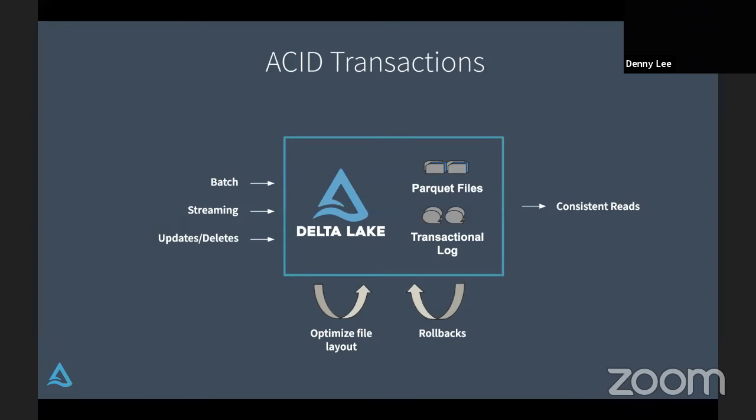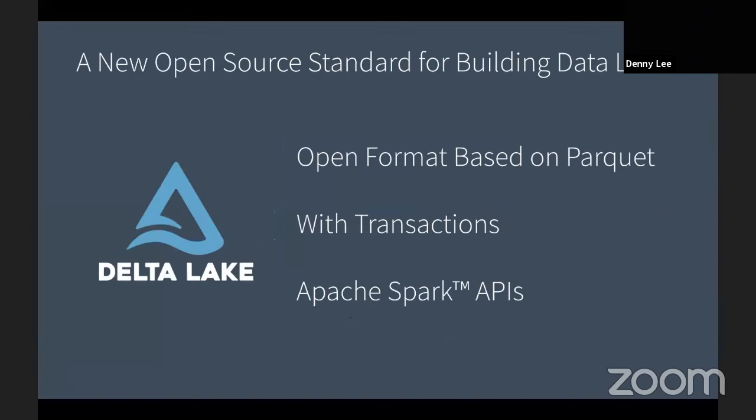And then in order for a data scientist to even do BI reporting reliably, we needed to reintroduce ACID transactions back into big data systems. And that's actually why Delta Lake is there. Delta Lake allows us to bring ACID transactions back to Apache Spark and big data workloads. So ultimately, you get consistent reads and you get rollbacks. In other words, if there's an error, I can roll back on that, which is pretty sweet.